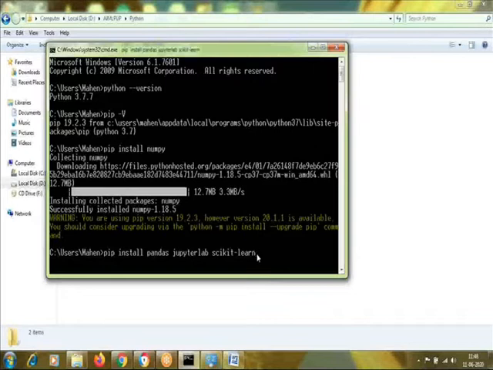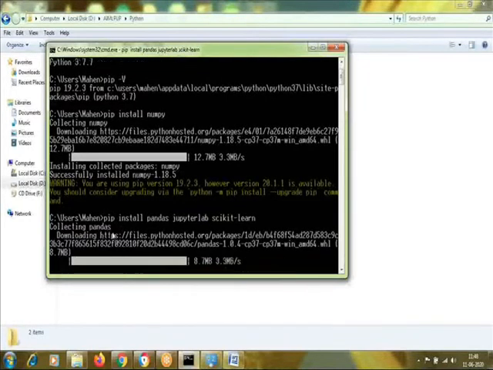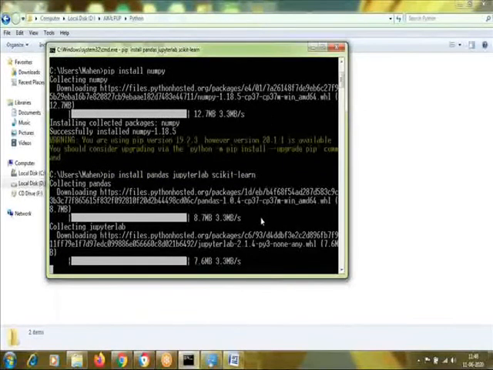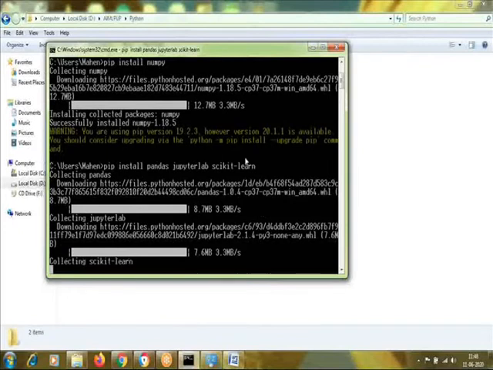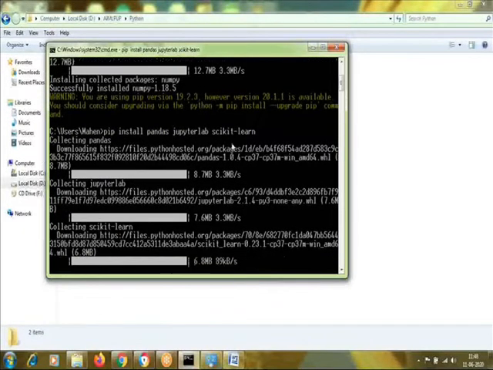And then press enter. So this time all three libraries will be installed together. You can see here that it is downloading pandas first, then it will download JupyterLab, and then it will download scikit-learn, and then it will install all three at a time. So this way you can also install multiple libraries together by using pip. Okay,